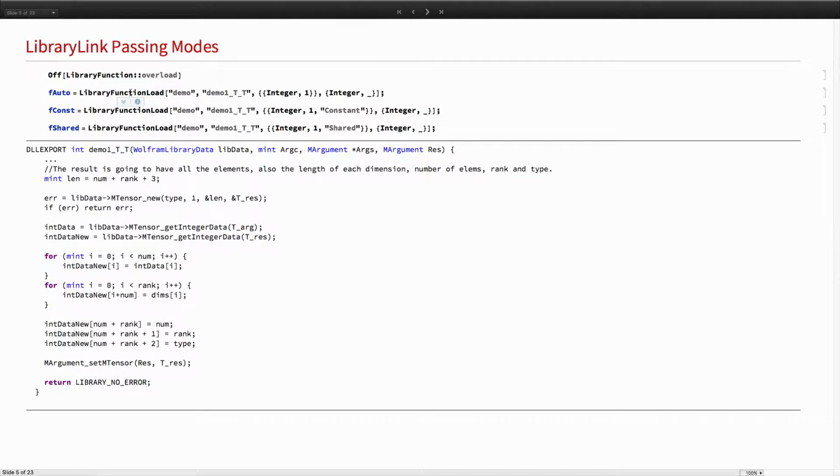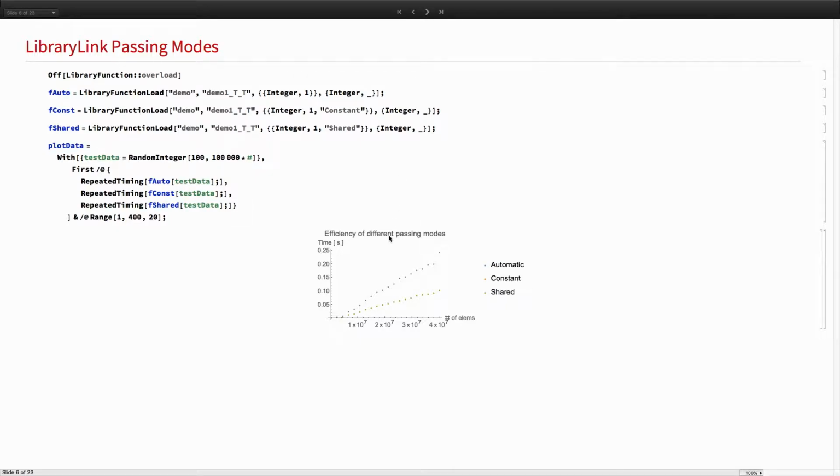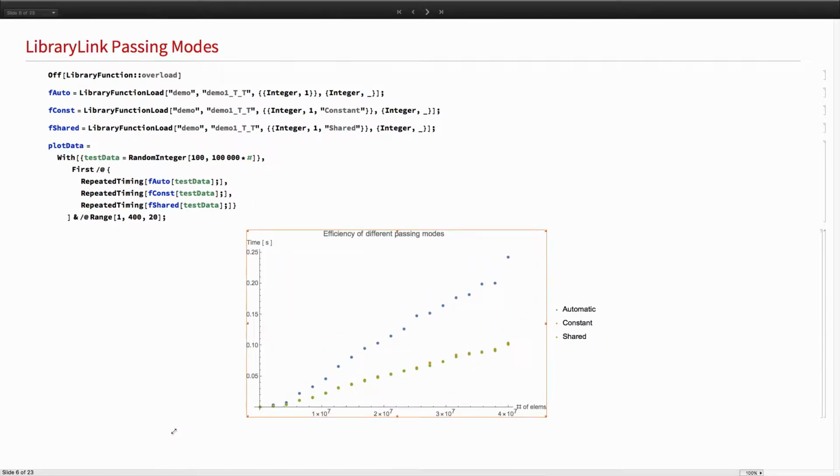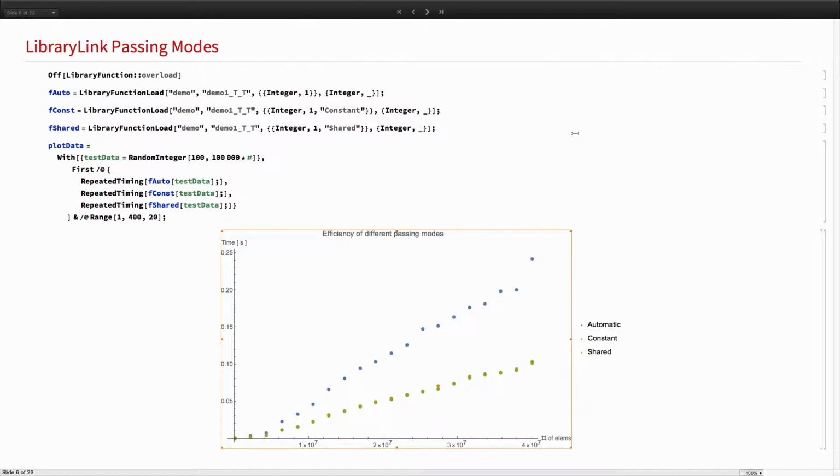Here I am loading this demo1 function with 3 different passing modes: automatic, constant, and shared. And let's see how this performs. I'm calling this function with a tensor of different sizes. And as you can see, the constant and shared modes perform similarly, and about twice as fast as